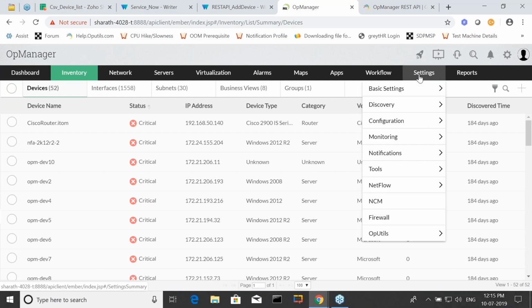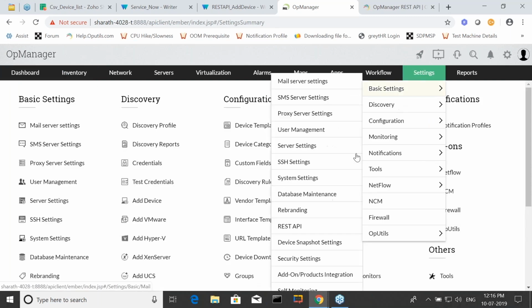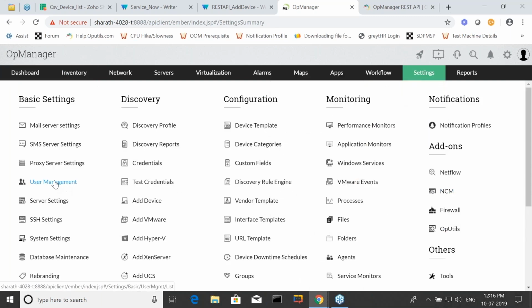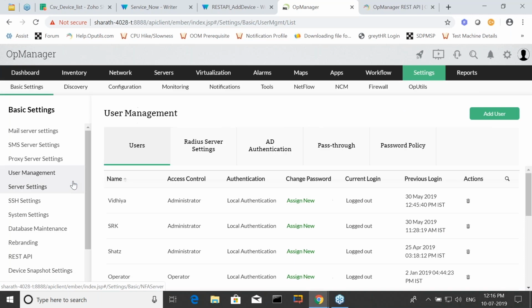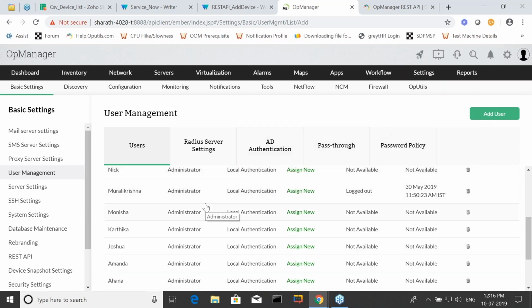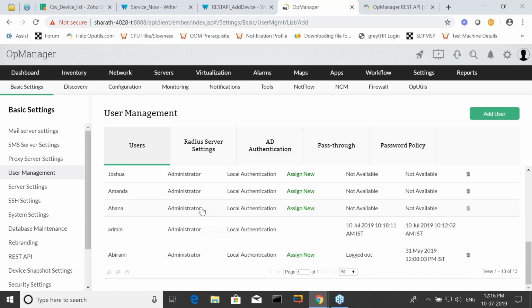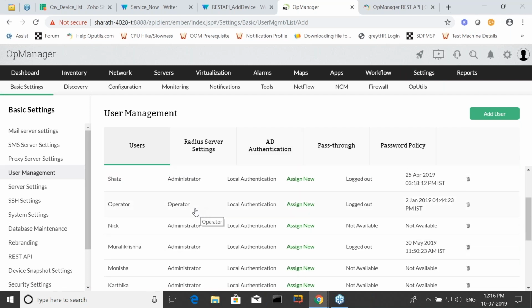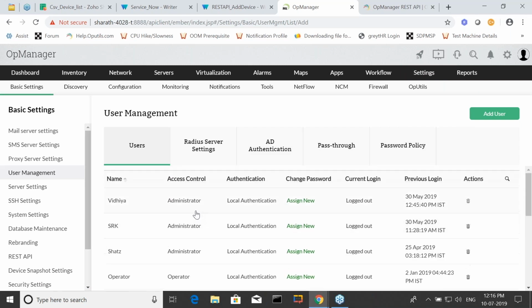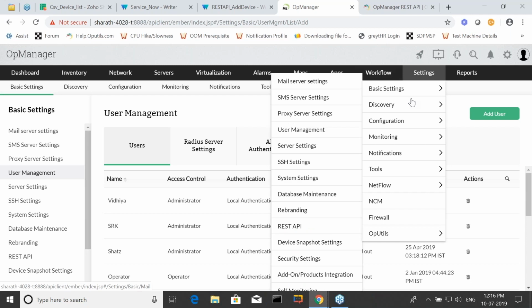Let's now talk about adding users. First is about adding the users in OpManager. Getting into user management from settings, you've got add user, where you can add a couple of users based on the requirement. I've got a couple of users who have already been added with administrator and operator privileges. So once this has all been set, you can go ahead and get into discovery